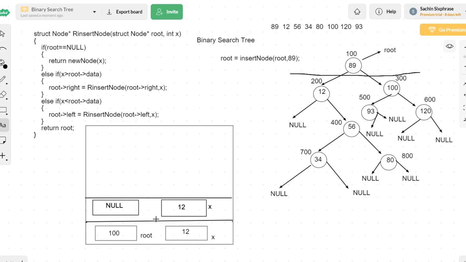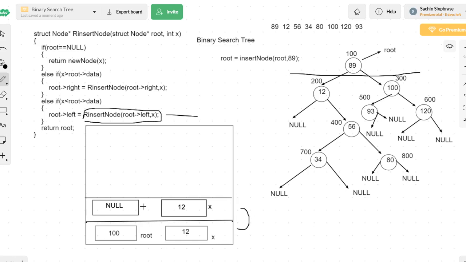Now what will happen? I will start from the first line and check root equal to null. Yes, the present root is null. So I will create a new node, and the new node address is going to be 200, where I have inserted 12, and that address 200 we will be returning to the previous activation record. Because of this line only, this new activation record got created. So this is the recursive call that made this activation record.